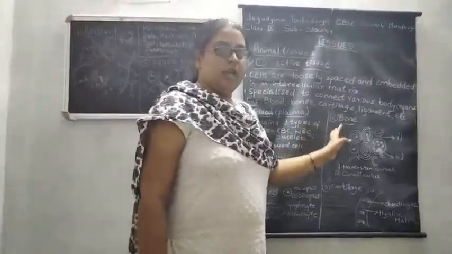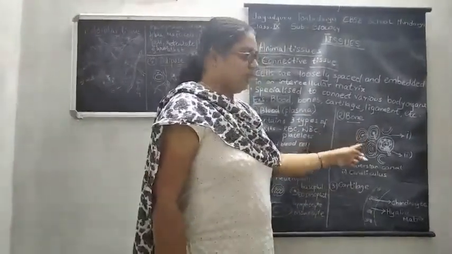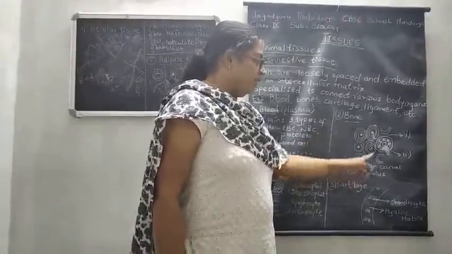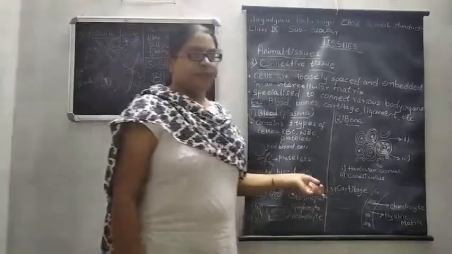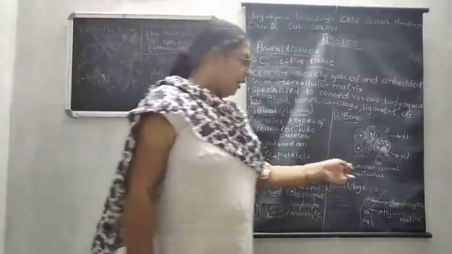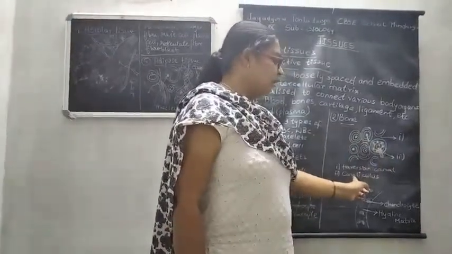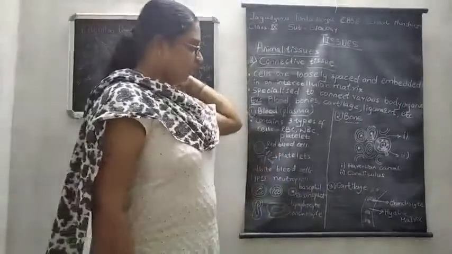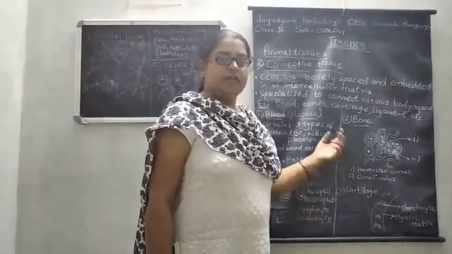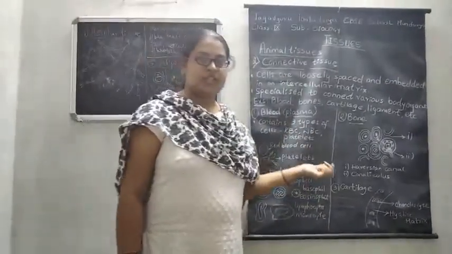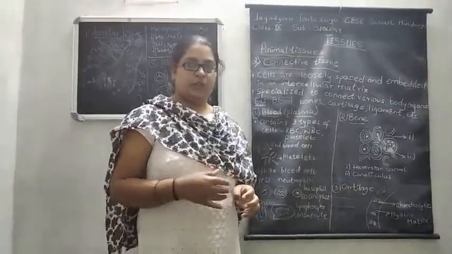The second type is bone. Bone is also another type of connective tissue in which the cells are circular in shape, and the space in between these cells is called the Haversian canal, which is made up of blood vessels as well as nerves. And the canaliculus, this spherical structure that you are seeing now, is made up of a bone cell. Bones are made up of calcium and phosphorus compounds that are mainly responsible for providing structural strength and also the structural framework to our body. They will provide strength to our body.